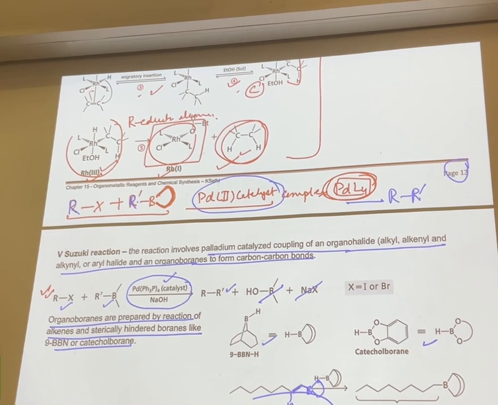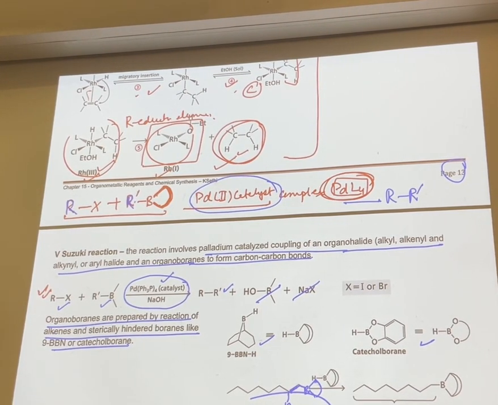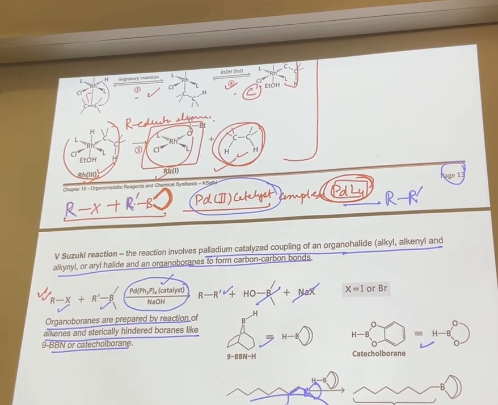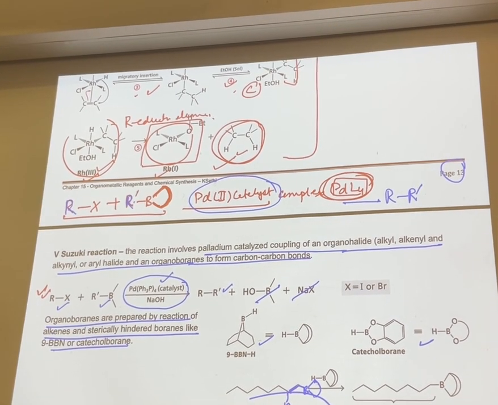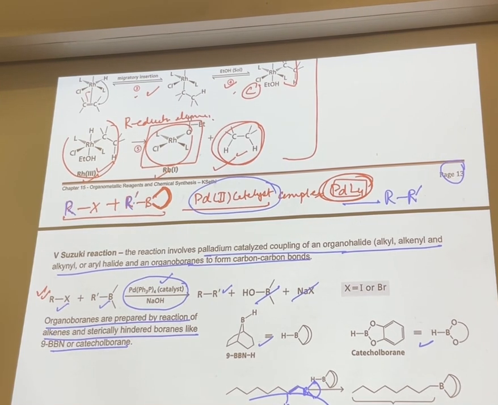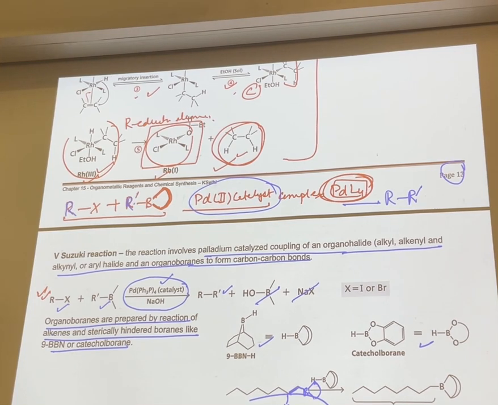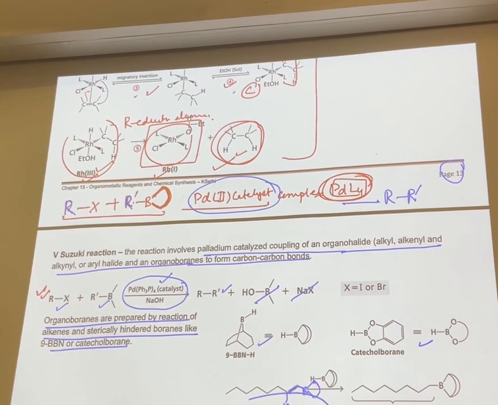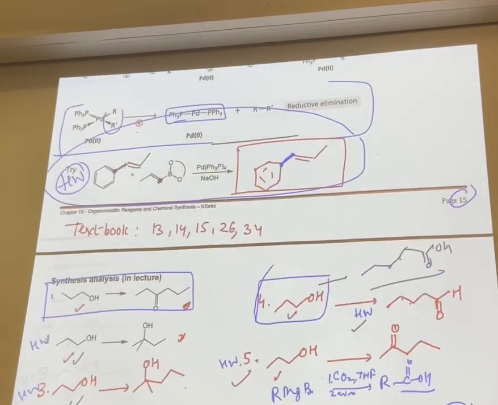Think about it, I'm giving a question like this: which of the following organometallics will form this carbon-carbon double bond? And if a student said, I use organolithium. Wrong. Organolithium is a different compound from organocuprate. It's a different story altogether. And every time I've seen students mixing up the two, I said, I told you in the beginning, make a list, because you mess this up. So now, we go back to a list.